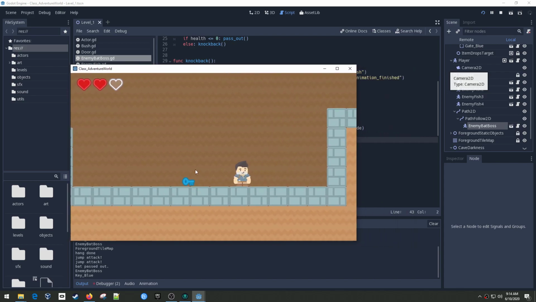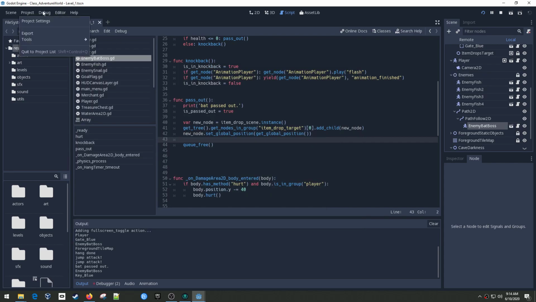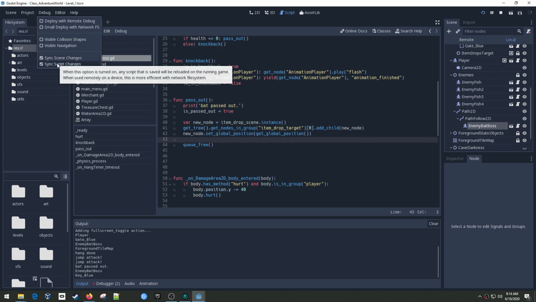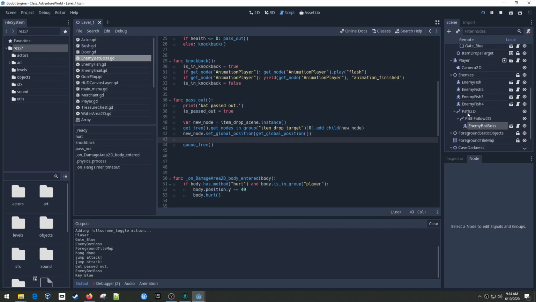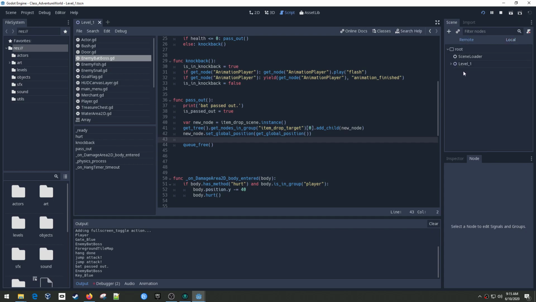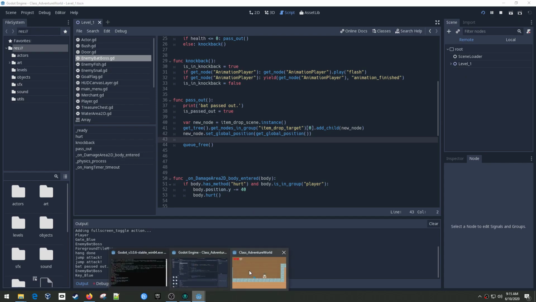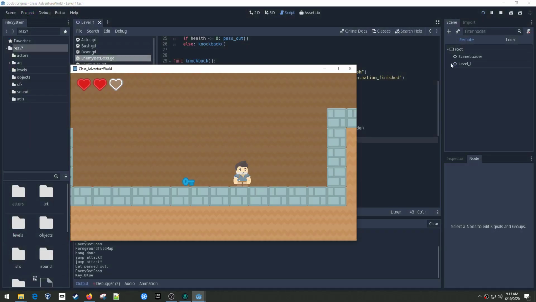Now we see that it worked as we expected, but there's an option up here that we can use under the debugger. There's these 2 checkboxes here: sync scene changes and sync script changes. I'm not sure, well, we don't need this one for this, but this is the one that we need. And what this allows you to do is come over here, and we see we've got local. This is our game, like how we're building it. But if you click on remote, this shows what's actually running in our game, so we can see the changes